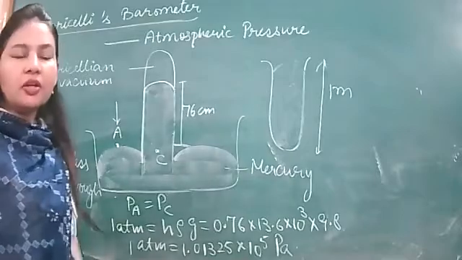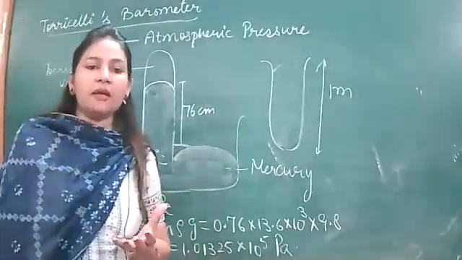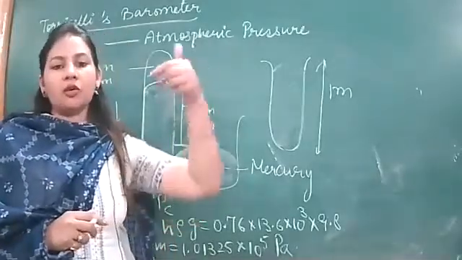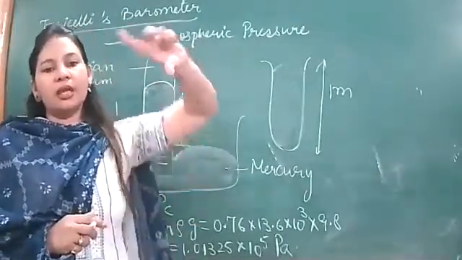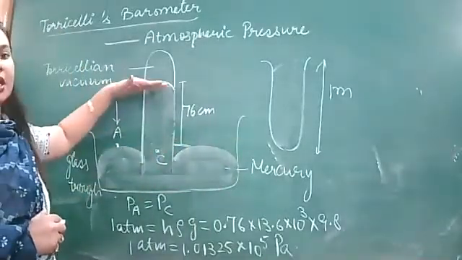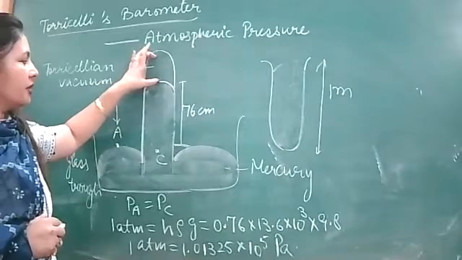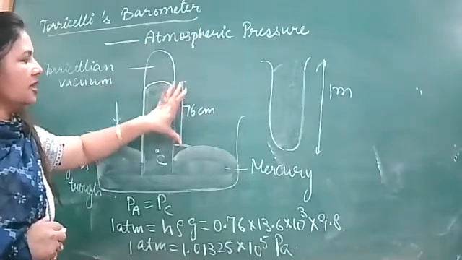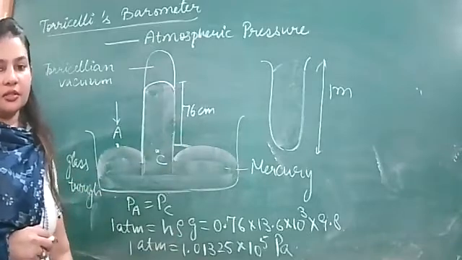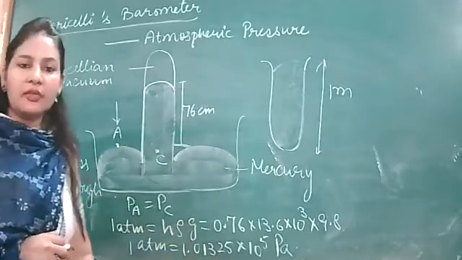Is the experiment clear to you all? So I repeat that. What did he do? He had taken a trough containing mercury and he also filled a test tube with mercury. He closed the mouth of the test tube with a thumb and inverted it in the trough. After some time, the level of mercury went down and there was vacuum above this region of the test tube, and automatically there was a column height of 76 centimeters. Okay, so this way we calculated the value of 1 atmospheric pressure.